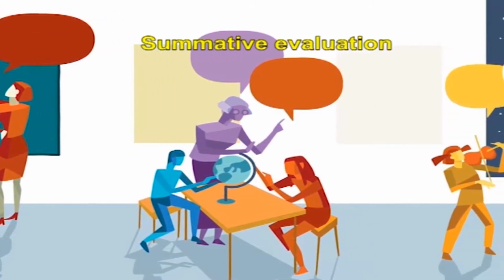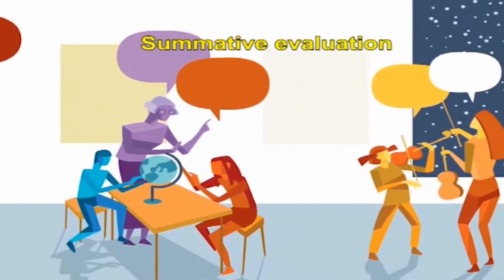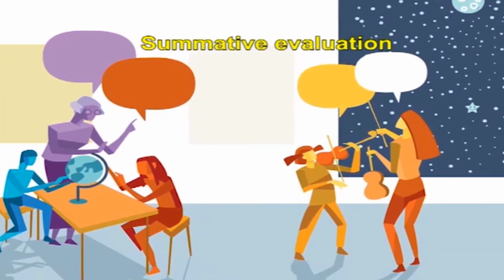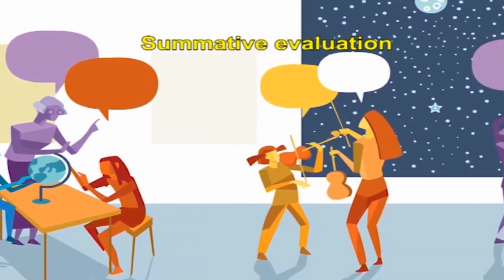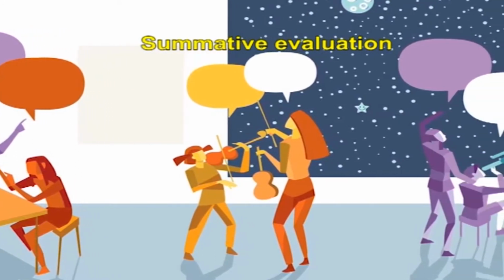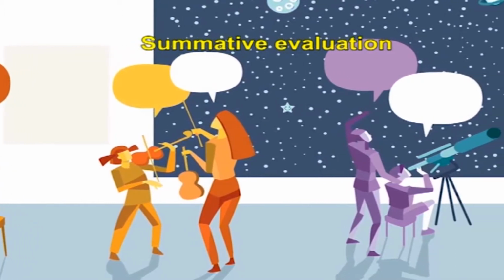Summative evaluation is judgmental in nature and often carries threat with it, that the student may have no knowledge of the evaluator and failure has far-reaching effect on the students. However, it is more objective than formative evaluation. Now, we shall see some of the underlying assumptions of summative evaluation.